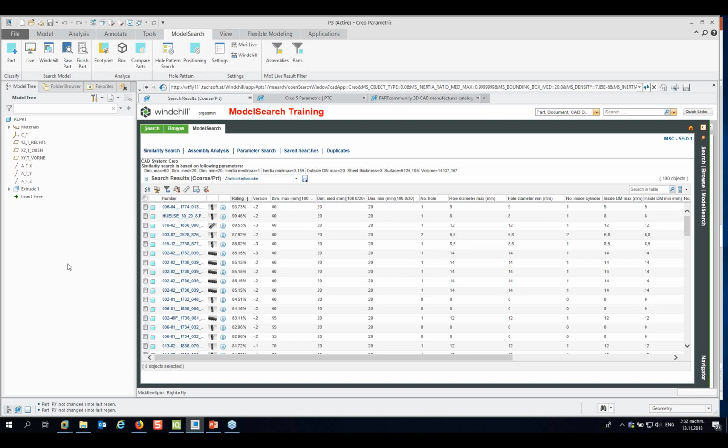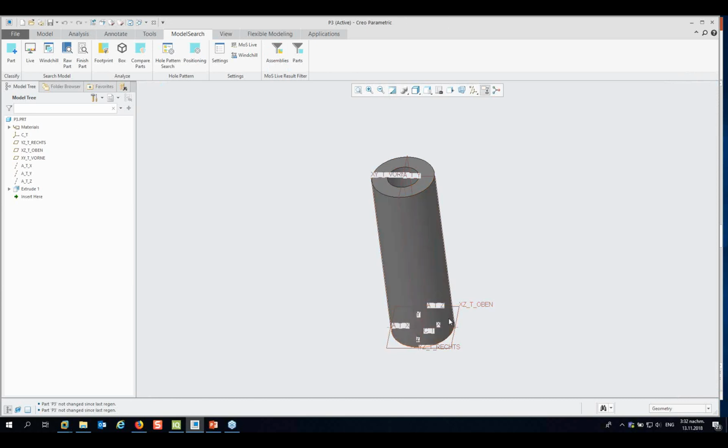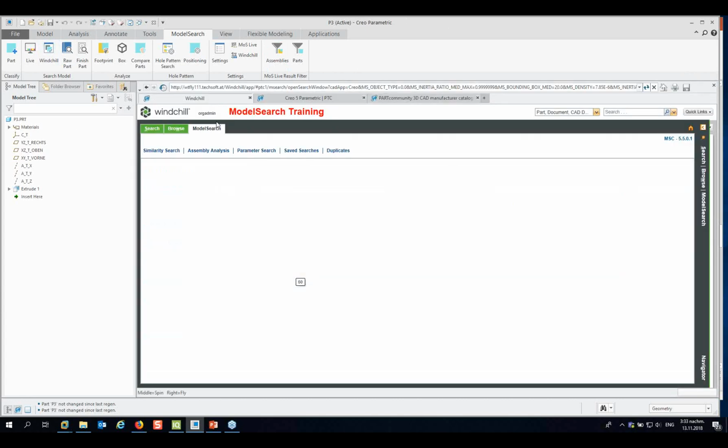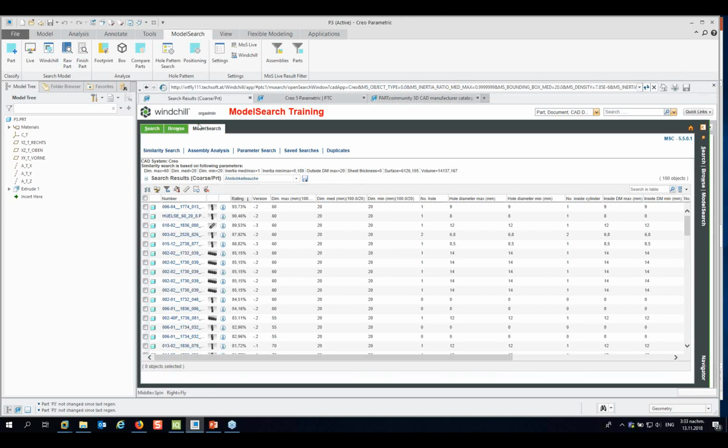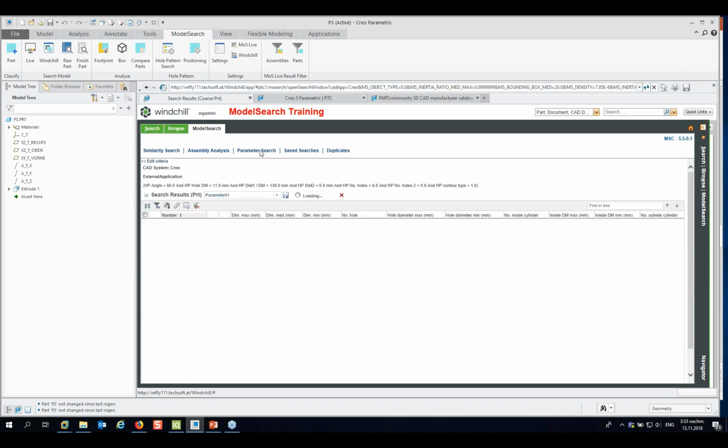For instance, if I want to find this tube I've created before, this tube, as you have seen, has two planar faces, one outside cylinder, one inside cylinder. But we have created this part and we got information that there are similar parts available in the database. So without creating this part, it's also possible to find those models. And we can do this in the Windchill area. So if we go to the Windchill area, we have the part model search here, and we have the possibility for a parameter search. And with the parameter search,